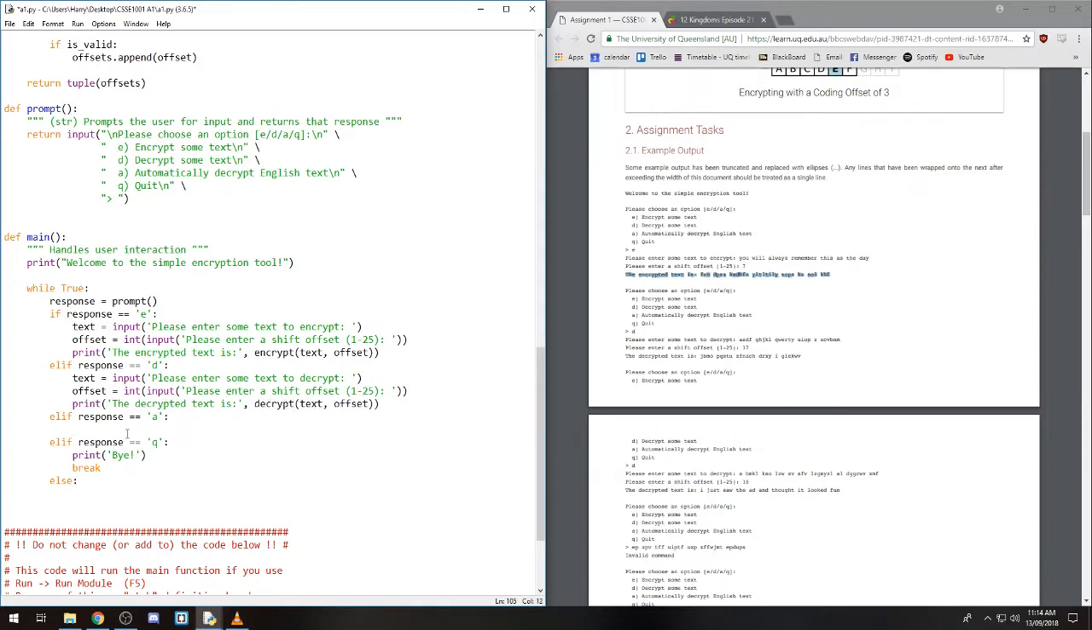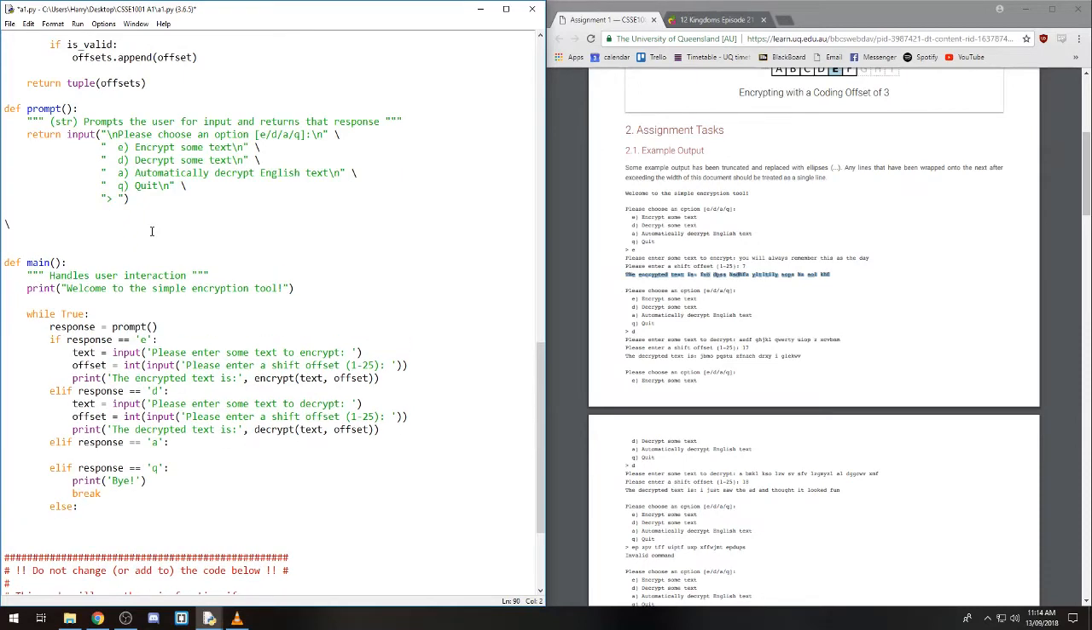Okay, for the automatic case, when the user selects A or inputs A, I'm actually going to separate this out into its own individual function, just because it gets a little bit longer than the encrypt and decrypt cases, and it may be a lot more concise if I separate this out. So I'm going to do that up here. I'm going to make a function called